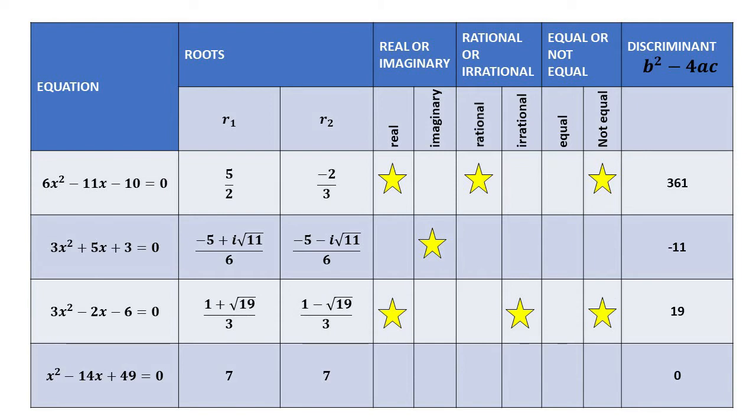x squared minus 14x plus 49 equals 0. The roots are 7 and 7. Are they real or imaginary? Yes, they are real. Rational or irrational? Yes, it is rational. Equal or not equal? Yes, they are equal. Do you know that without getting the roots of our quadratic equation, we could already determine